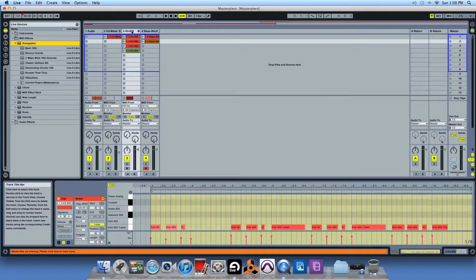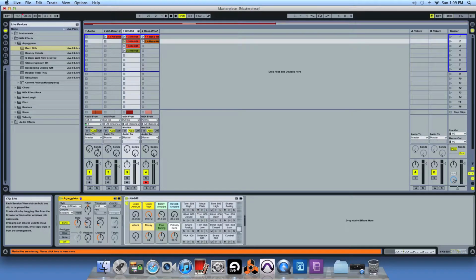We've got to keep in mind that when you add an effect to a track, it affects every clip in that track and not individual clips. So if you need to affect an individual clip, you have to create a new track. You can copy and paste this over to the new track and then add the effect to just that track. Otherwise, it will affect your entire track, including all the clips under it. So let's go ahead and add a